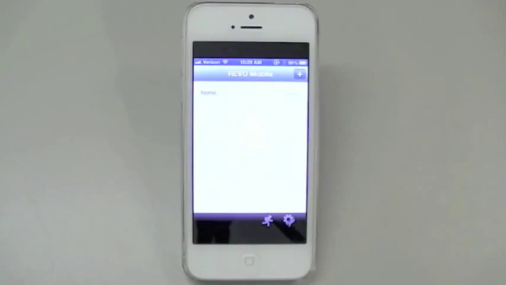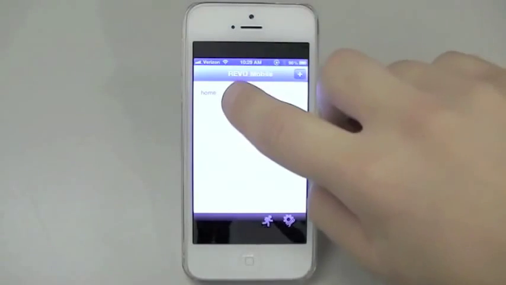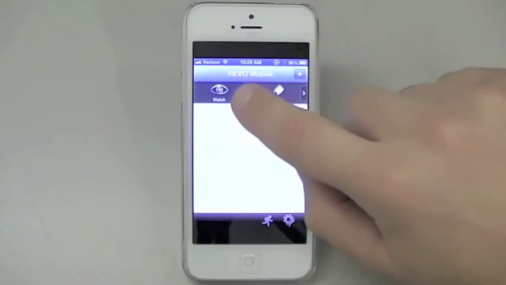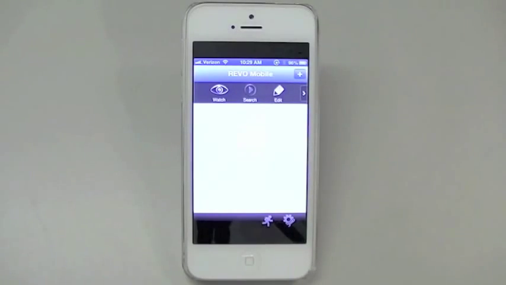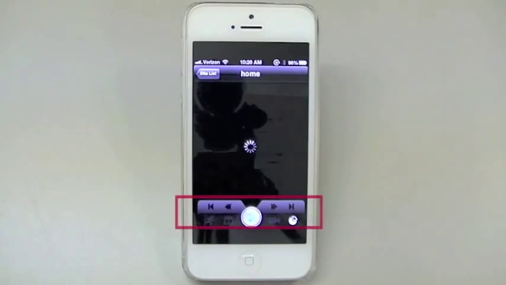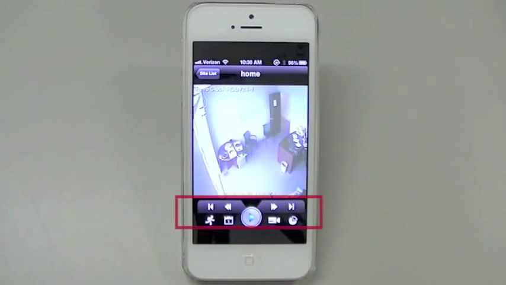Now, let's go into the search mode, which will allow you to look at your recorded data. Press on the site that you want to review, and this time press Search, indicated by the play icon. One camera will appear on the screen, and you will notice it will be paused. Down at the bottom, you will see the navigation box to allow you to play, fast forward, rewind, etc. To play the footage that you see in front of you, press the blue play icon